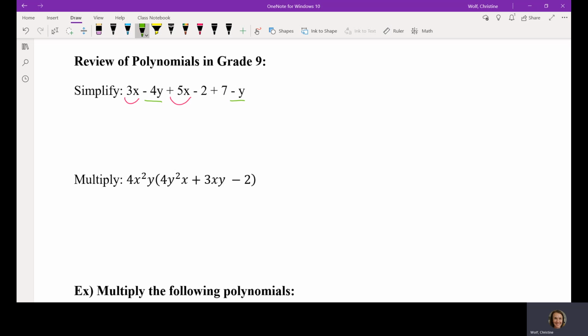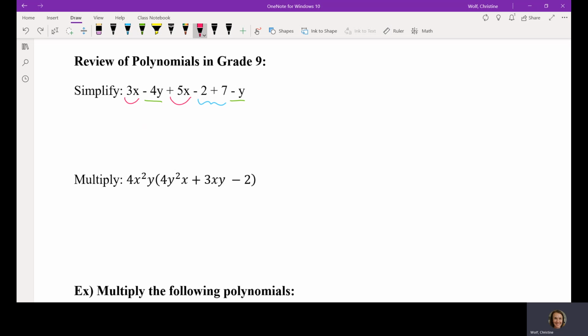So they're similar terms. And then these two guys that are left over are actually similar terms as well, because they have no variables at all. They're called constant terms, so we're allowed to combine those as well. If I start with the similar terms 3x and 5x, all I do is look at the symbols and do what it says. I have 3x to start with, and then it says add 5x. So 3x plus 5x becomes